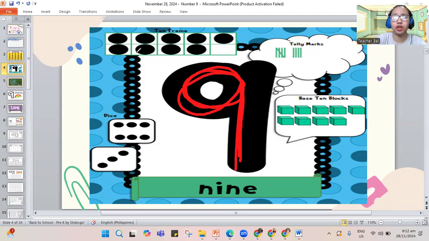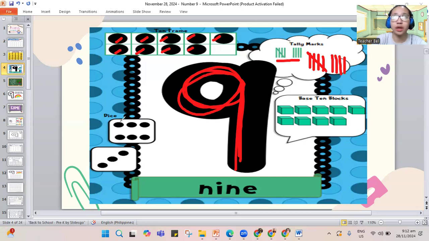Let's mark and count for our numbers. Here we have our dots. Let's count: 1, 2, 3, 4, 5, 6, 7, 8, and 9. So we have our number 9. When we do our tally marks, this is how it should look. I will show you. 1, 2, 3, 4, 5, sliding down, 6, 7, 8, and 9. So here we have the tally marks, or the counting sticks, for 9.